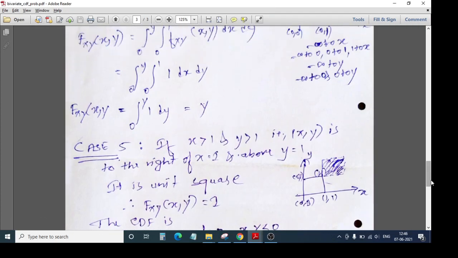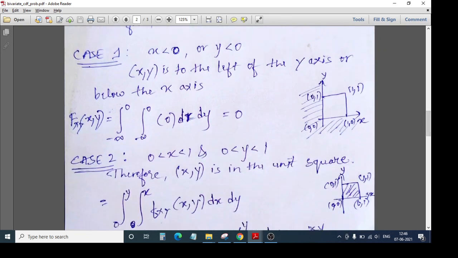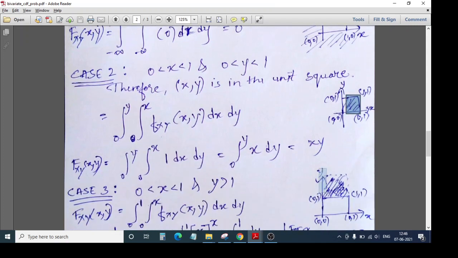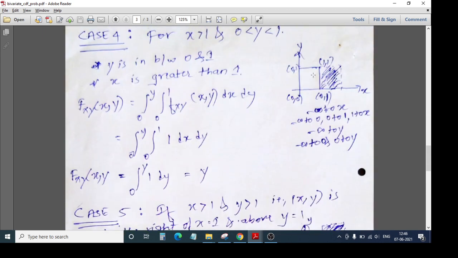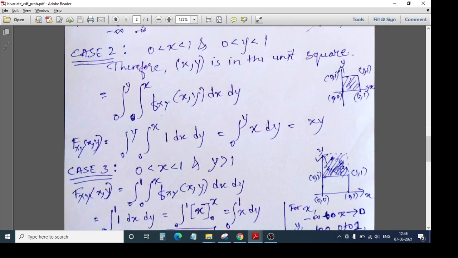If you just recap it, please see here. The first scenario, we have taken all the left hand side values. Next we have come inside, and we have taken where exactly the value is. The next is where we have covered the upper area, that is all the y-axis, this whole strip. Next, we have covered the x-axis, the total x-axis. And finally, what was left? Observe very carefully, friends.